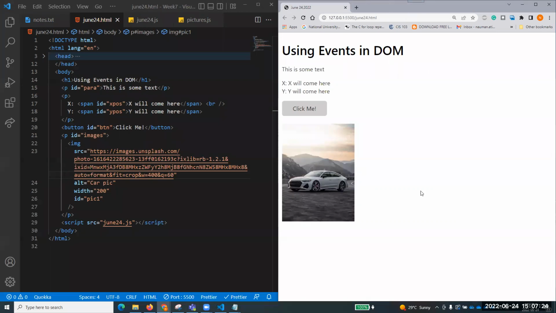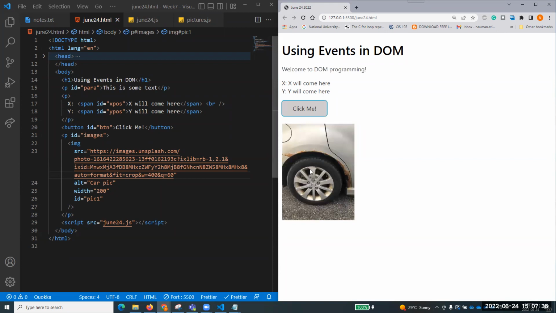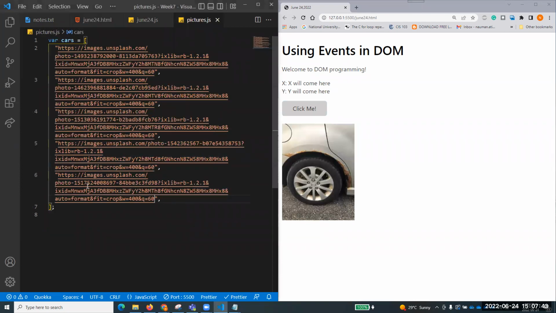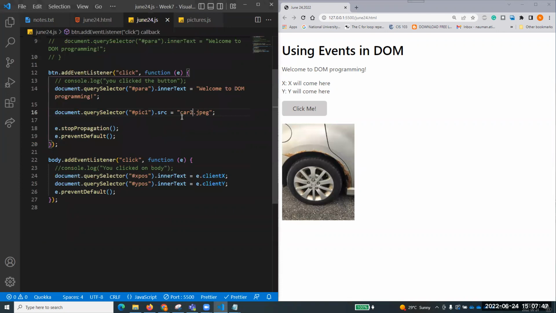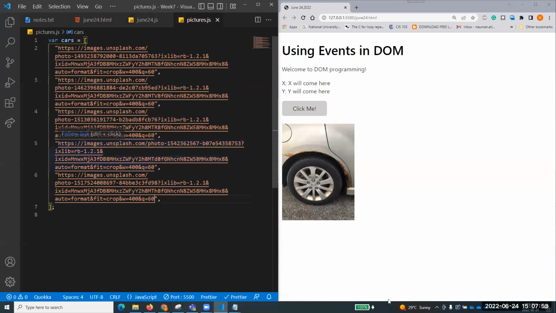Now listen about the purpose of what I want. So I want to do what? Whenever the user clicks on this button, you see that right now it is changing the source to car.jpg. No, I want it to pick any of the URLs from the pictures over here, and instead of car2.jpg, some URL should be picked from the pictures and it should be applied